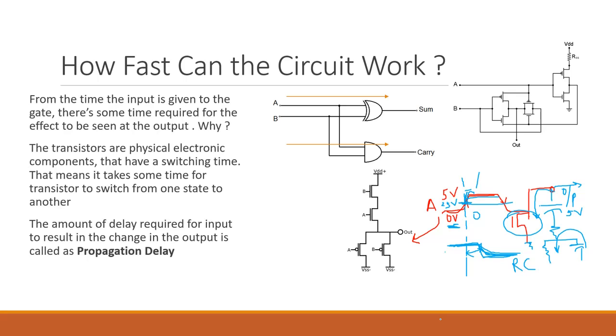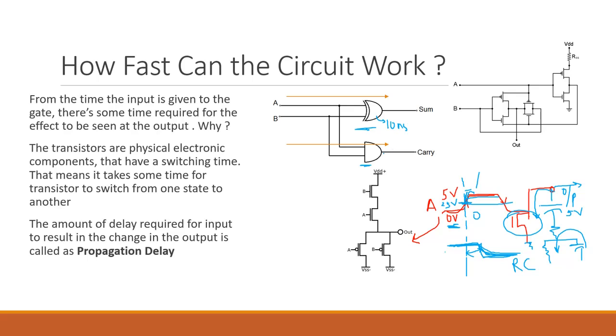Okay, I have gone into this detail so that you can understand why there is a propagation delay in every circuit. However simple it can be, there is always going to be a propagation delay. So depending on how many transistors are put into these circuits, the propagation delay will vary. Let's for example assume that the propagation delay for an XOR gate is 10 nanoseconds,